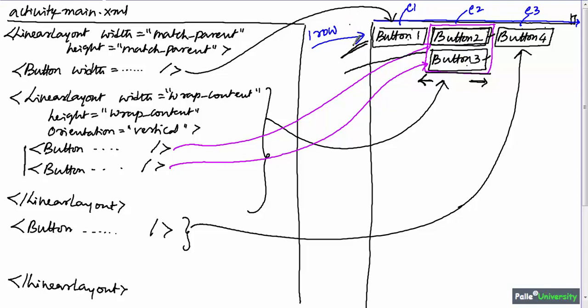The first row is a horizontal linear layout with 3 buttons positioned horizontally and the second element is a button. But how will you move this button to the center? We should use layout gravity. If it is not fitting exactly, you can use margin left also. You can take margin left to create this extra space on the left hand side of button 3.